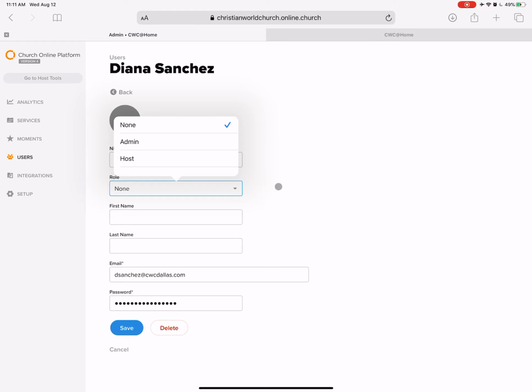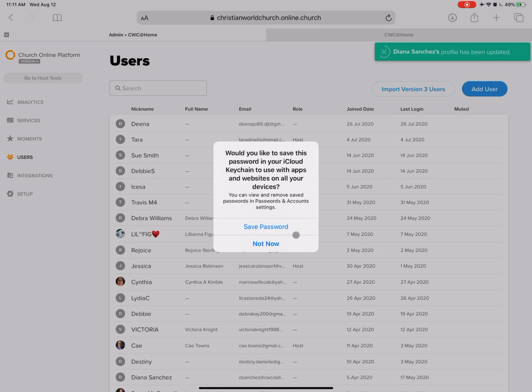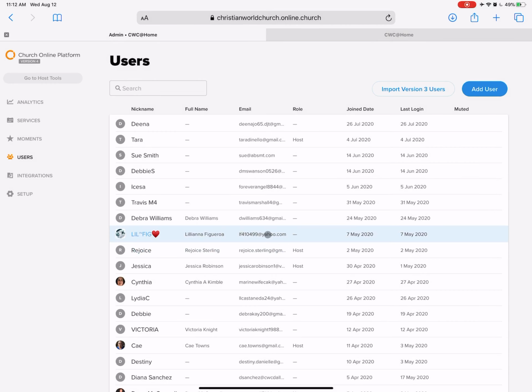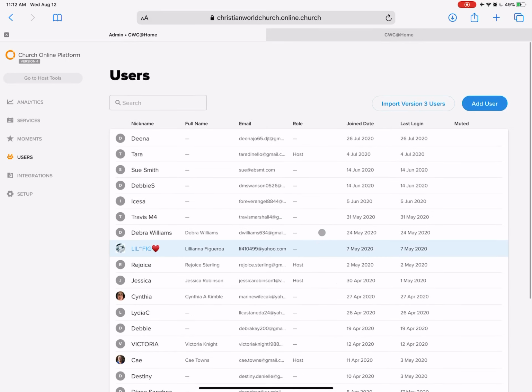How stinking exciting. So maybe they want to be a chat host, so we'll bring them in as a chat host. Anyway, that's how that would work. Very easy. We don't have to deal with their password. You just simply save, and it will save them. So, anyways, there it is for users.